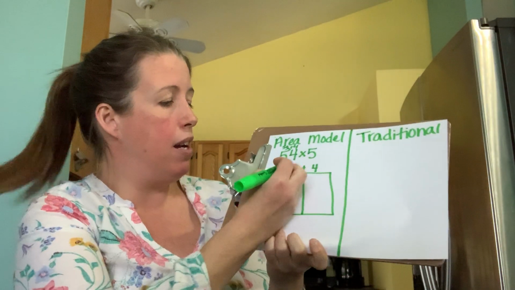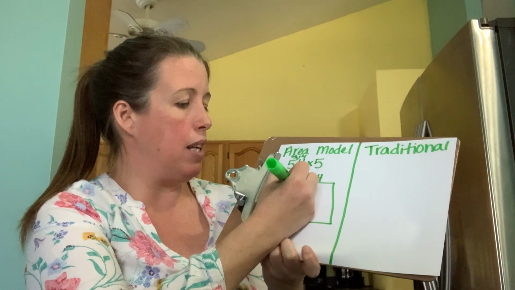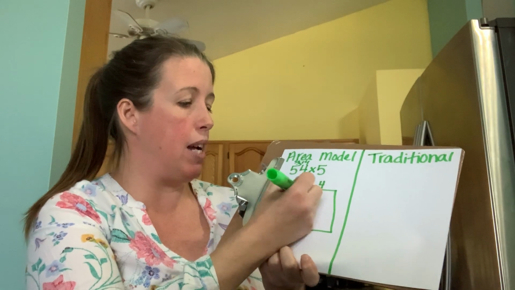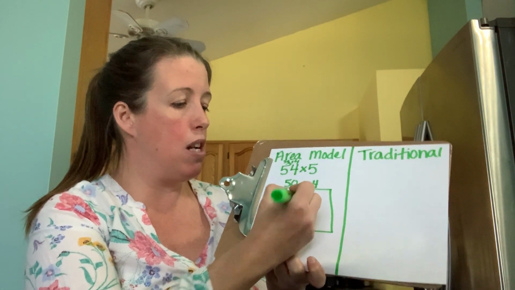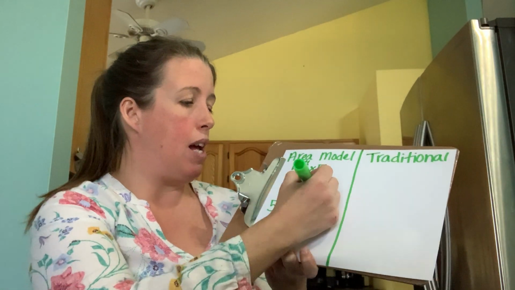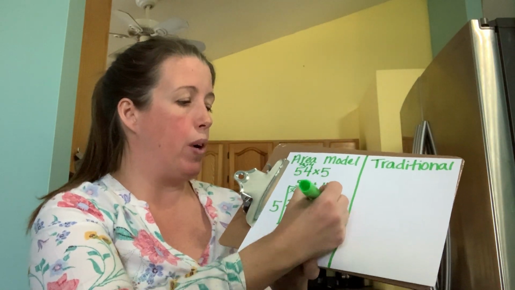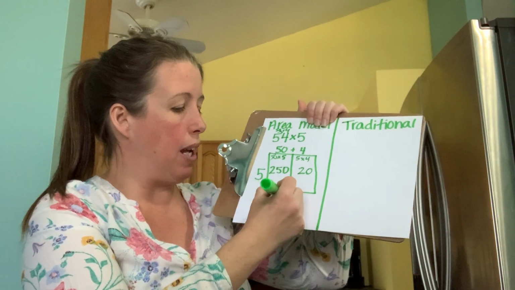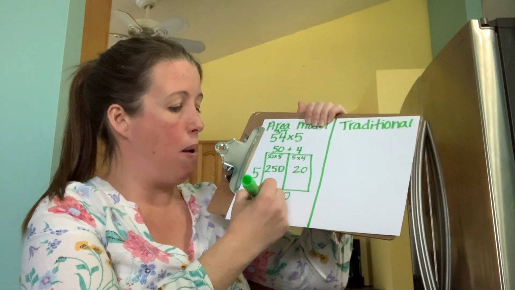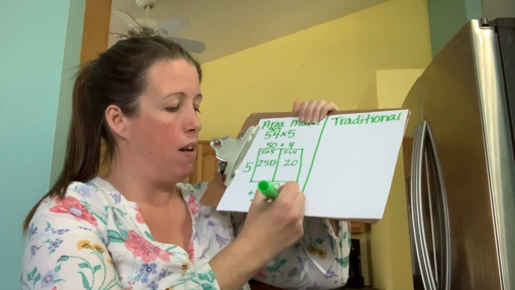Now I'm gonna multiply 50 times 5. 5 times 5 is the basic fact, 25, times it by 10, 250, and then over here I have 5 times 4, which is 20. When I add my 2 parts together, 250 plus 20, I get